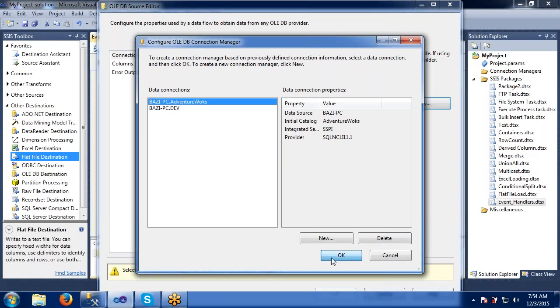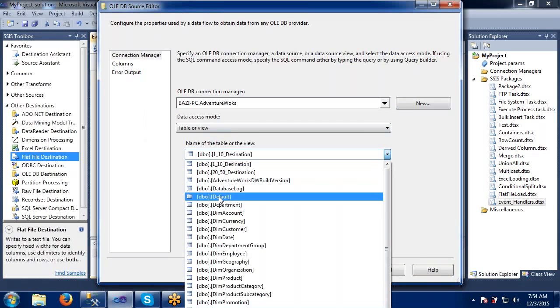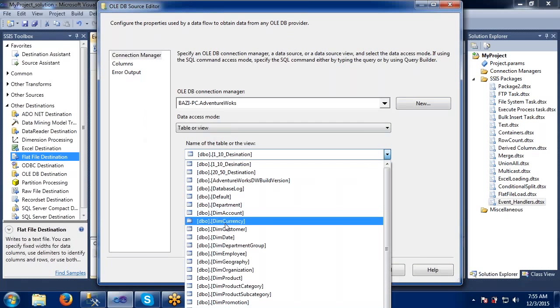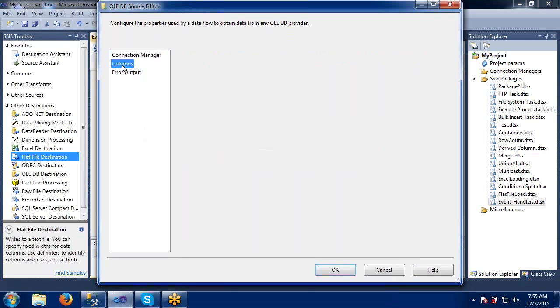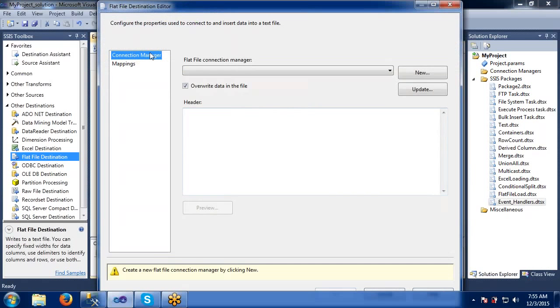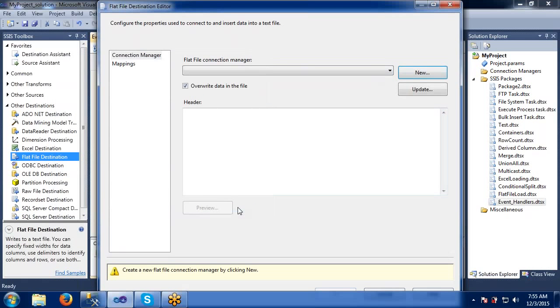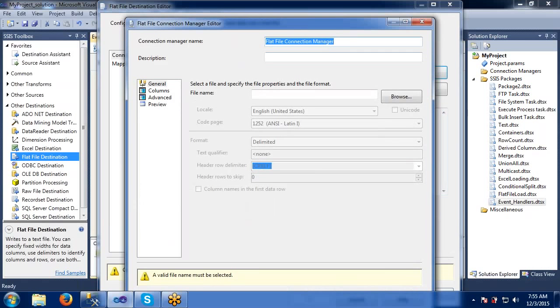I will take some AdventureWorks, in this, some DimCurrency. Okay, these are the columns available. I will just connect to the flat file destination. I will take some new file where it can write some flat file.